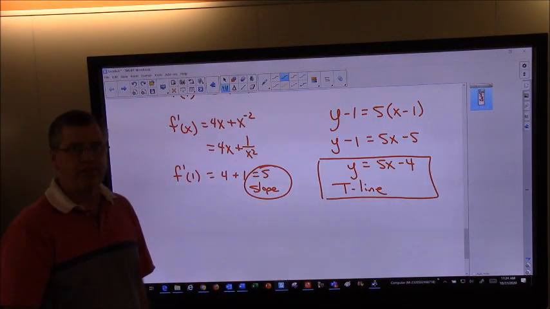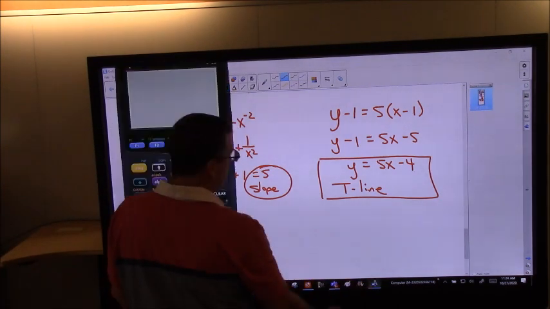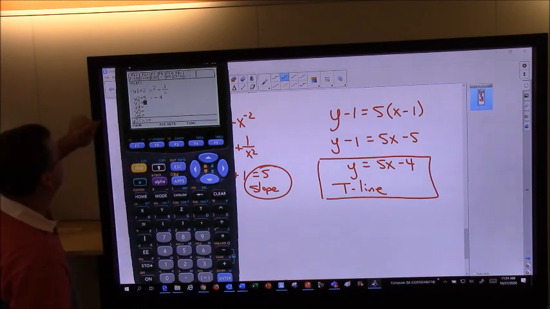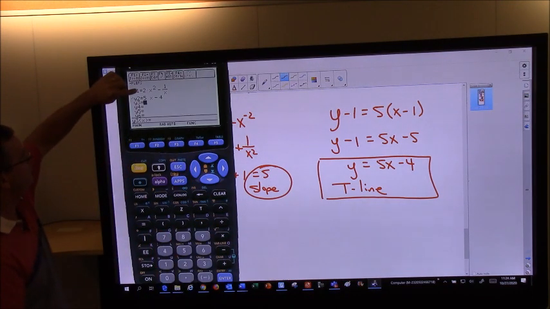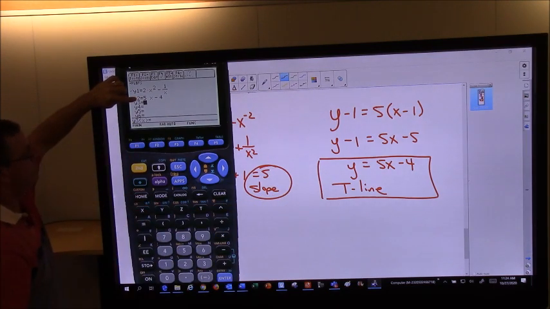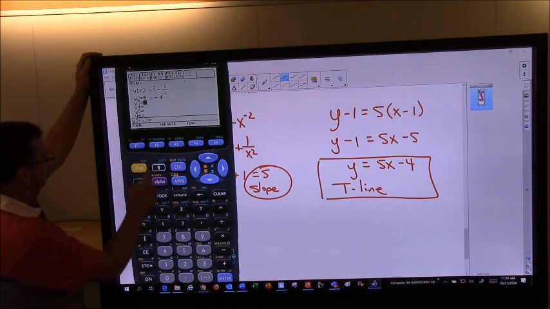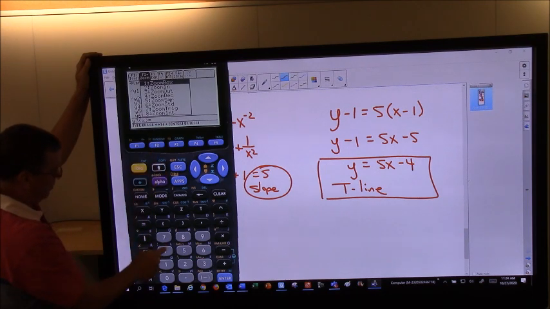Now if I want to check this, I could check this pretty easily on the graphing calculator, right? If I go to the graphing calculator, there's my original function, here's my tangent line. What I want to do is look at it and see if it looks like a tangent line at the point (1, 1). So if I go zoom option 4,